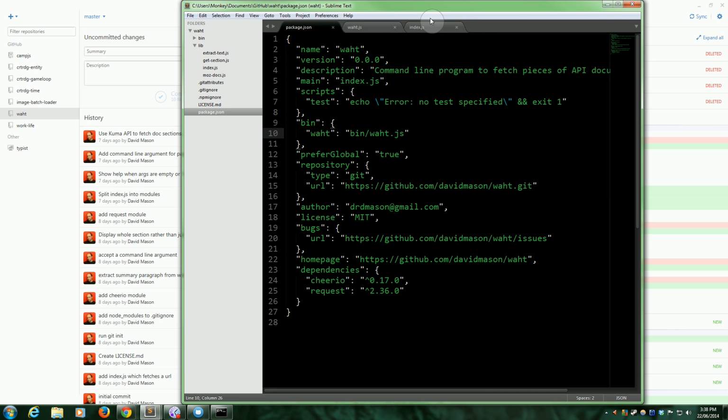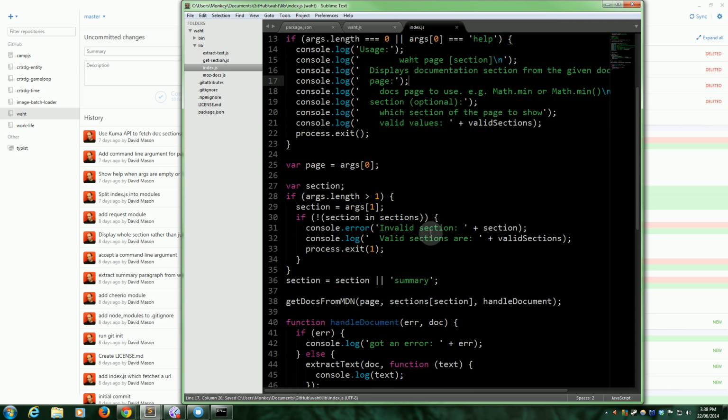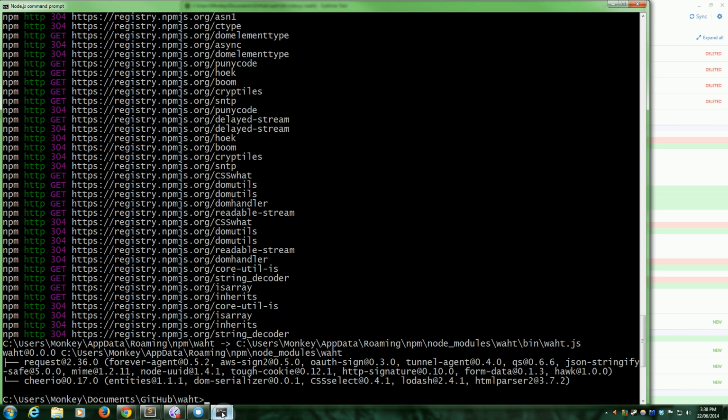Alright, so usage is in index.js, and I just want to change that to say art, and page, and section, page, section. Cool. That's pretty much all I need. I think that will look good. So just do node index